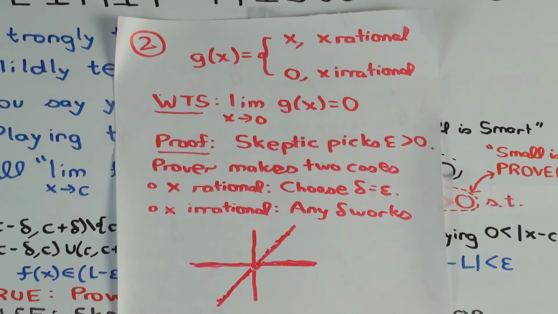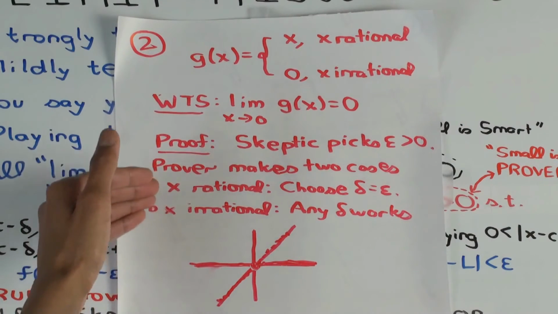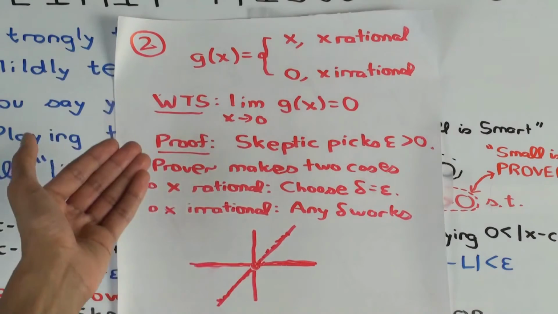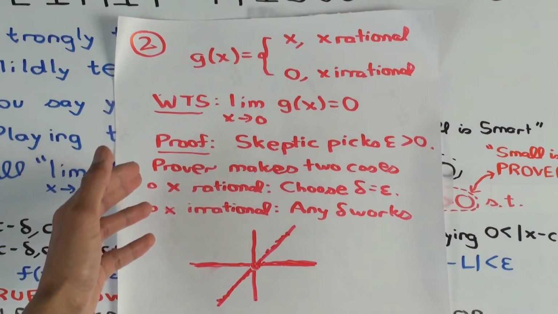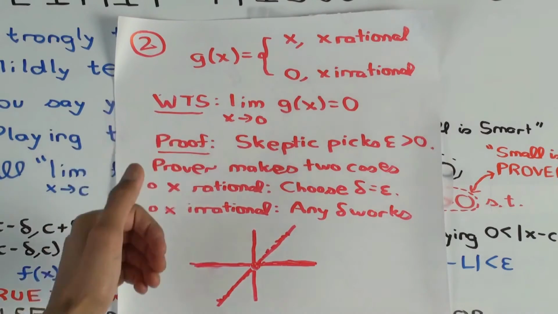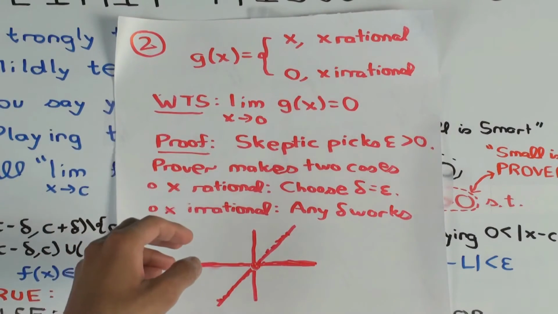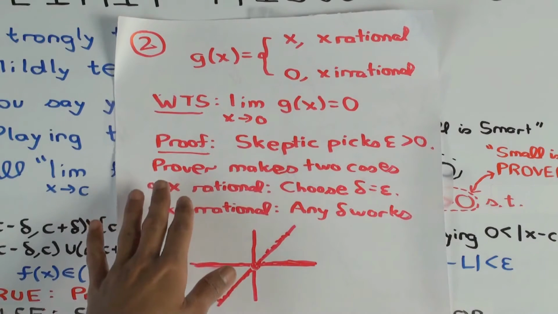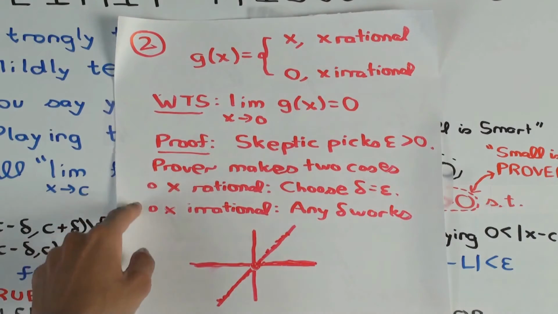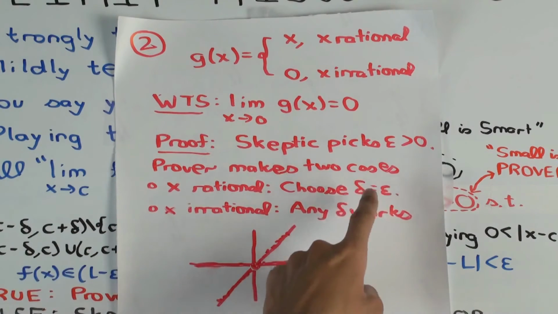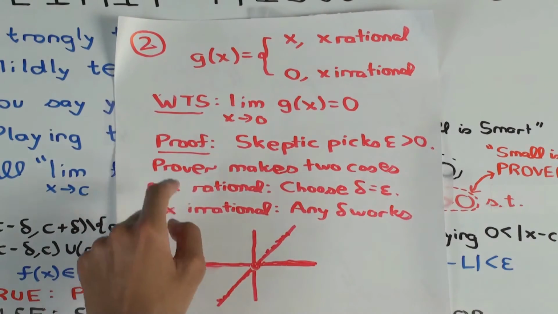Okay. So it's actually pretty much the same problem in a somewhat milder form. That is, the prover is making cases based on what the skeptic is going to do next and choosing a strategy according to that. But the prover doesn't actually know what the skeptic is going to do next. So the prover should actually have a single strategy that works in both cases. So cases will be made to prove that the strategy works. Now in this case, the correct way of doing the proof is just the prover can pick delta as epsilon, because that will work in both cases.